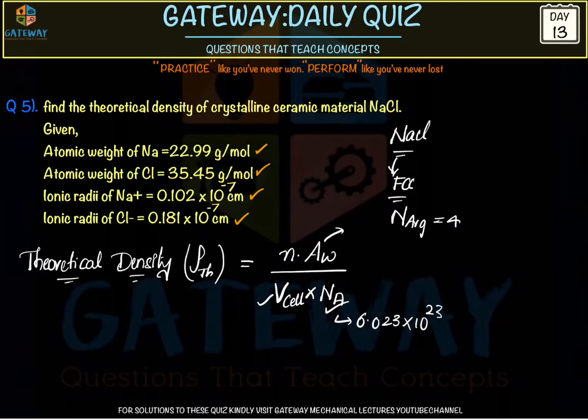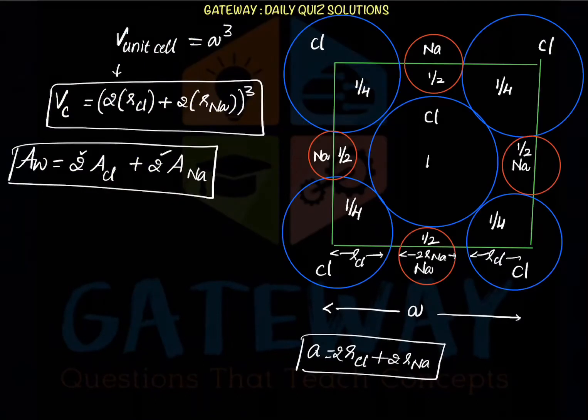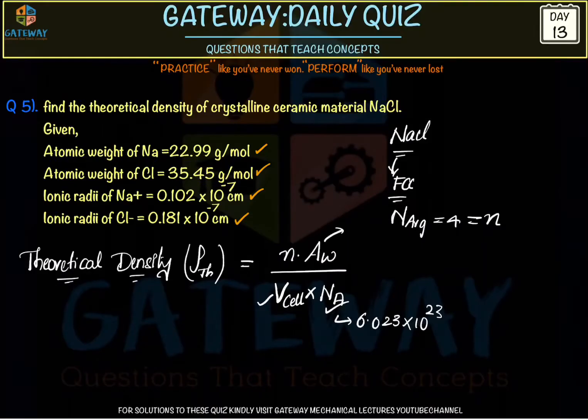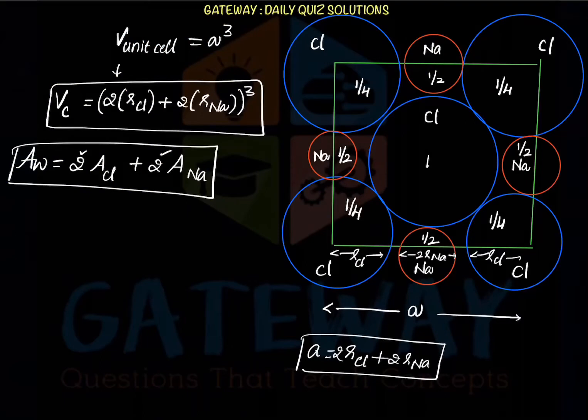And is there any pattern or parameter? The value of n is nothing but the average number of atoms. We are taking only one side, one plane. Generally there will be 4 times of this. So already we have considered 4 times here: 2 into chlorine plus 2 into sodium, already considered.